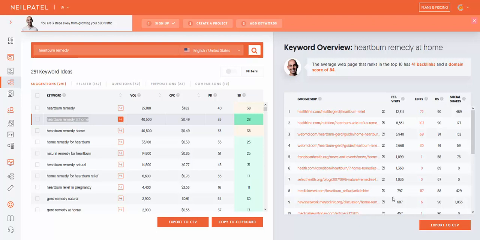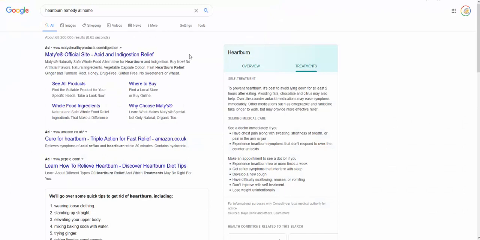Really simple way. First, you've got all your keywords picked, as we had a look at. So what you do now to write content is really easy, a lot easier than people think. I've picked just a niche, heartburn remedy. When I do the other keyword videos, I actually pick different niches every time, so you can see it doesn't matter what niche it is. I typed in heartburn remedy and look at this: heartburn remedy at home, 40,500 searches a month and only 28 search difficulty. So if we were writing a keyword piece on this, the way you do it is you could simply have